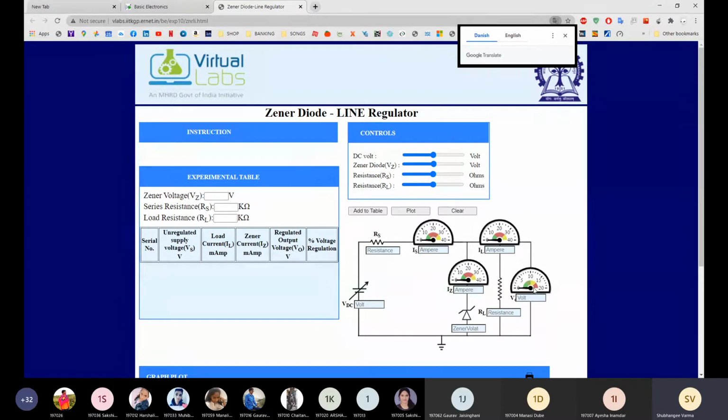You can write down the answer in the chat box if you have any issues. Atharva.